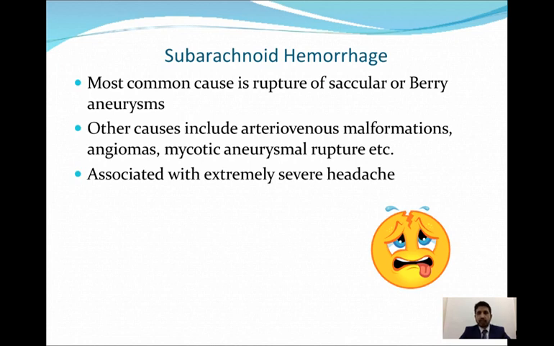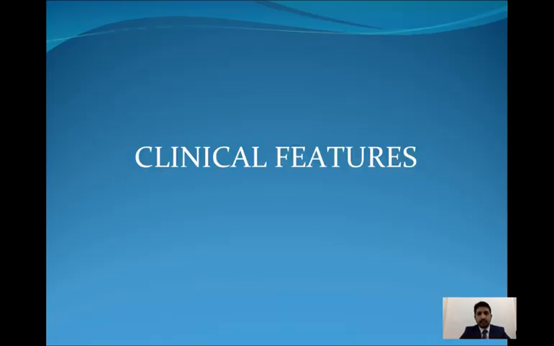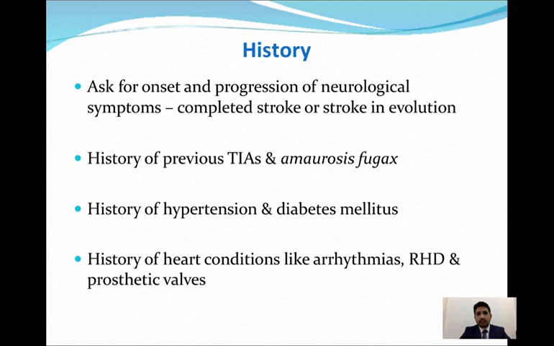How a patient of stroke will present, we have already discussed. We know from the definition that it is a sudden onset focal neurological deficit. So when you start taking history, you focus on two things: is it sudden in onset, and is there any focal neurological deficit? If a patient has a neurological deficit and it is not sudden in onset, it can never be stroke. Or it can be stroke in evolution, but not for final year purpose.